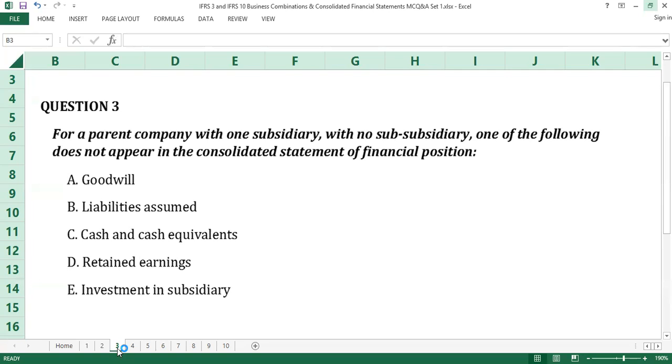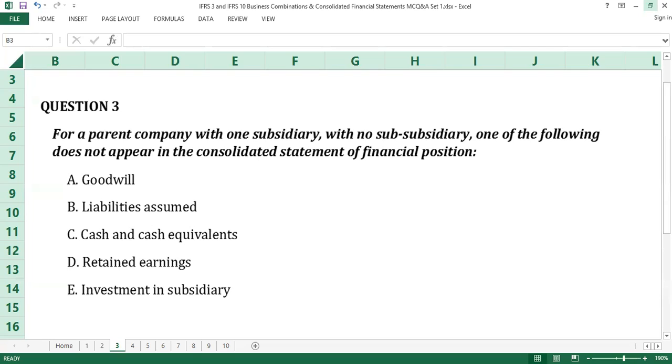Time up. The answer to question number 3 is E, investment in subsidiary. The essence of the consolidated statement of financial position is to present as a single whole all the assets, liabilities, and associated non-controlling interest in a subsidiary. Therefore, the core investment in that subsidiary is not presented anywhere within the consolidated statement of financial position, because the